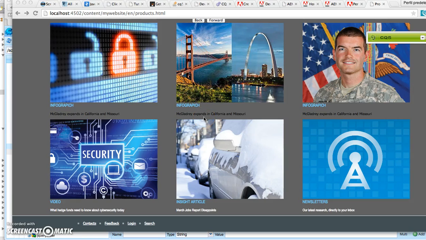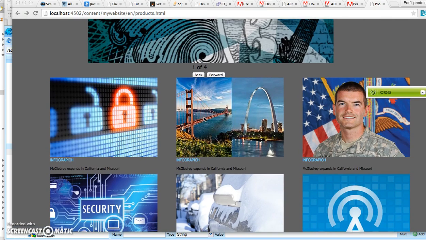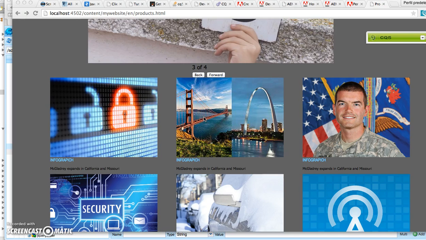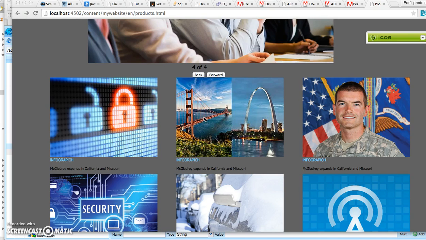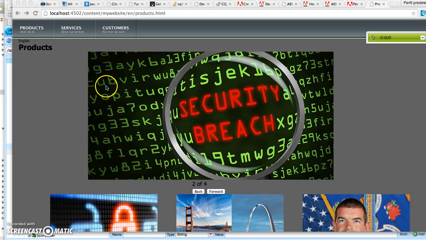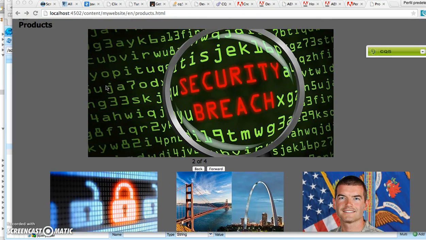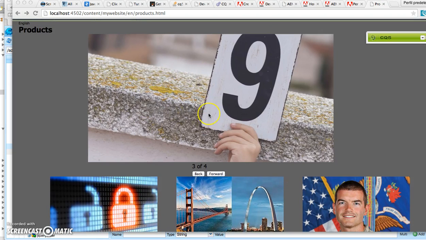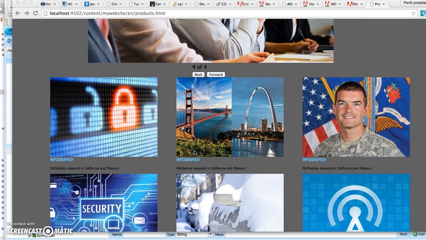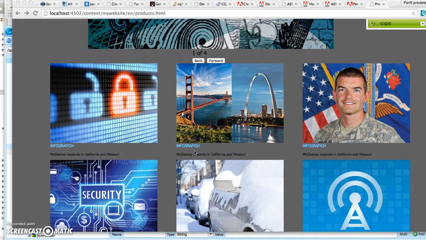Here I have a page built with CQ5, HTML, CSS, JavaScript, and using all the components that Adobe CQ5, the content management system, offers. Here I have a top navigation bar. Here I have a carousel that is built with JavaScript, and inside this there is a